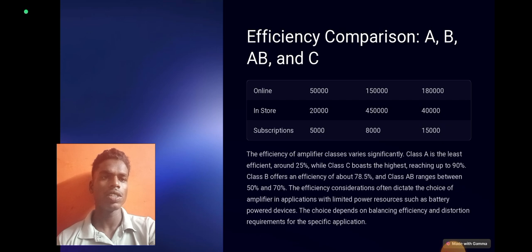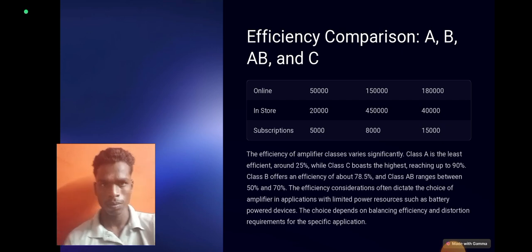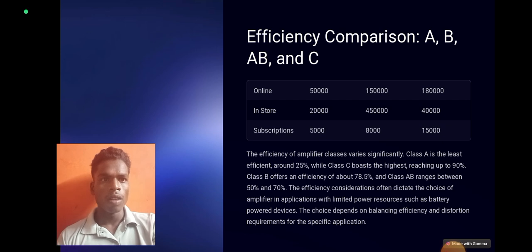The efficiency of amplifier classes varies significantly. Class A is the least efficient, around 25%, while Class C reaches the highest, up to 90%. Class B offers an efficiency of about 78.5%, and Class AB ranges between 50% and 70%.